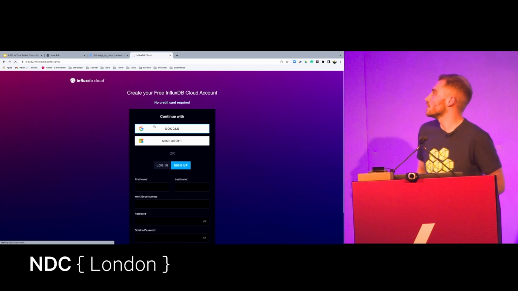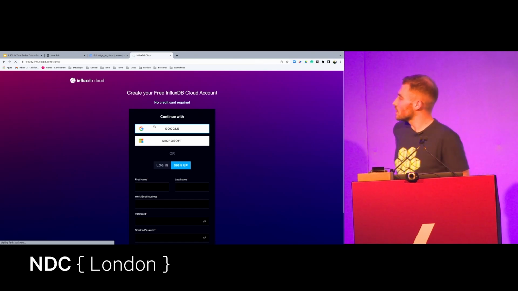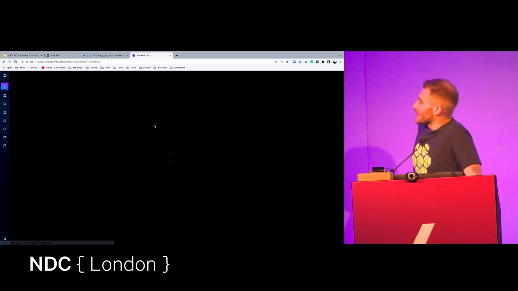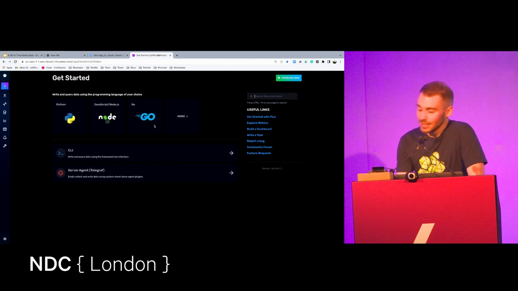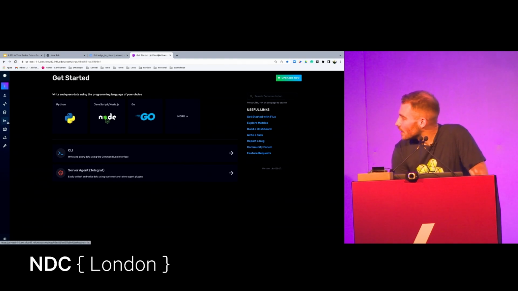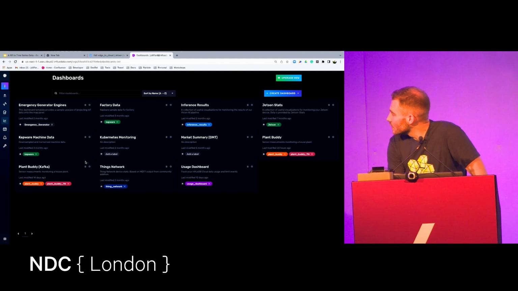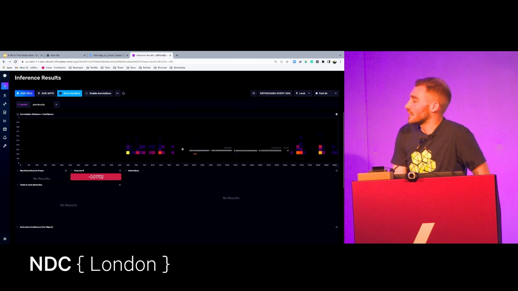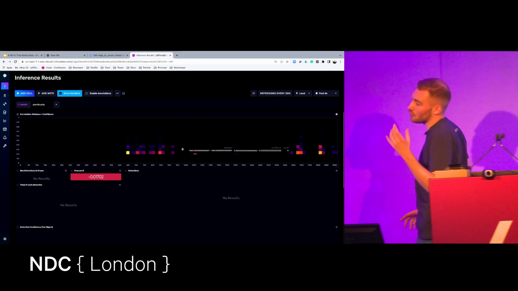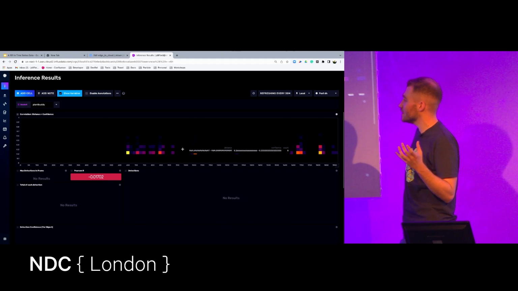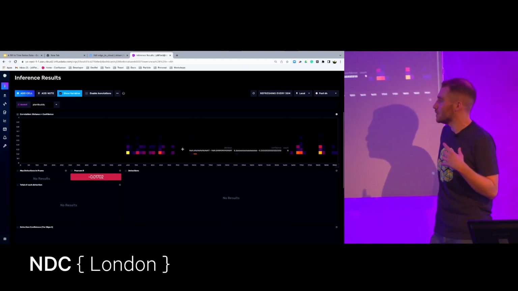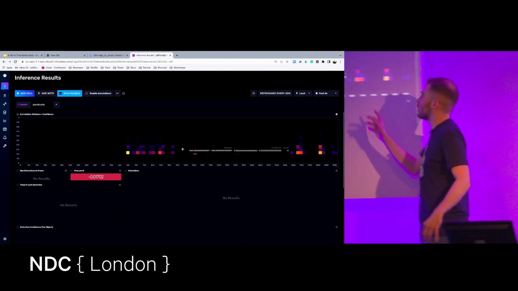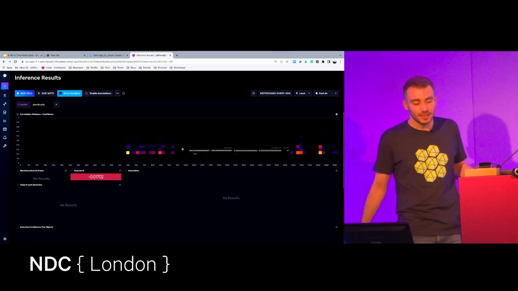Jump in. Internet's not too bad at this event. I'm quite impressed. Let's jump in, and then let's have a look. So I think it's our inference results here. Fantastic. This is where I've been starting to offload that edge result data, and I've started putting it into the cloud. You can see where we're starting to calculate our Pearson's R value here, and start to look at correlations between the confidence of our data.